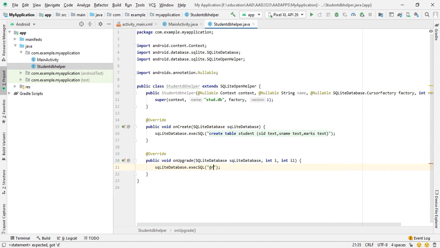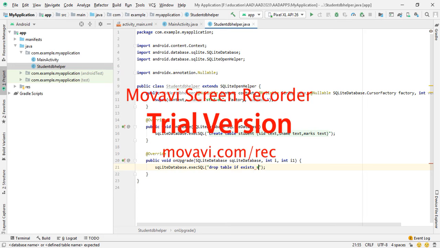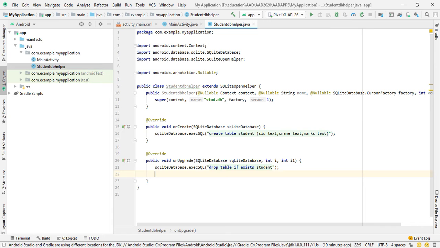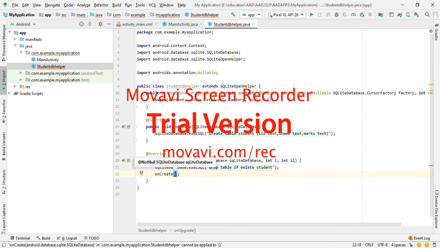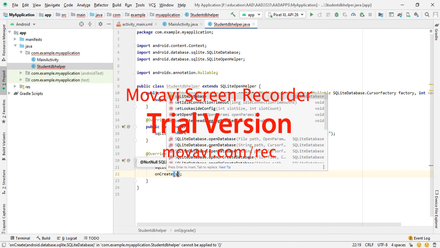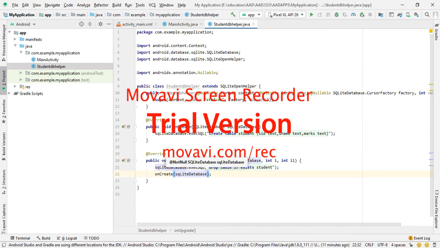For that we write the query DROP TABLE IF EXISTS student, and again we create the updated schema or updated table using onCreate, calling the onCreate method. Here we pass the SQLiteDatabase which refers to our database student.db.